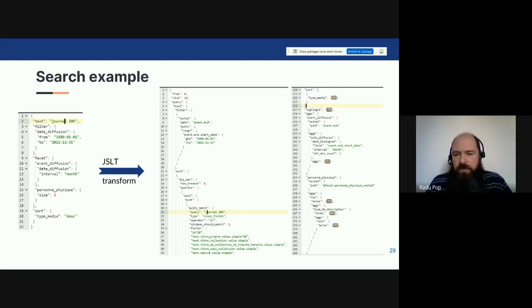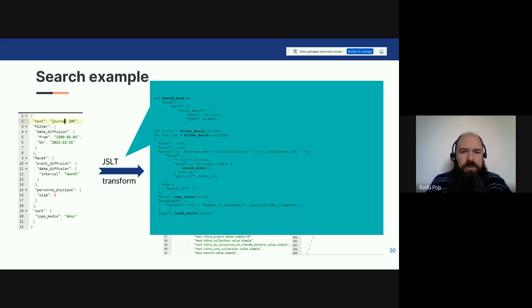What's very important to notice is that the 20 lines search query is transformed into almost 300 lines Elasticsearch query. So that shows that all the complexity of the Elasticsearch query can be covered and can be hidden by this API.